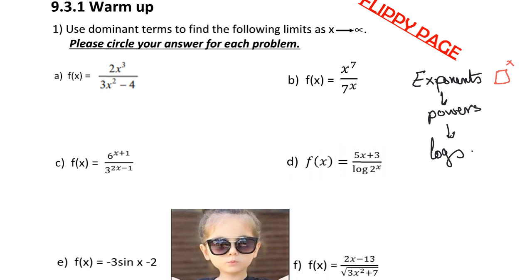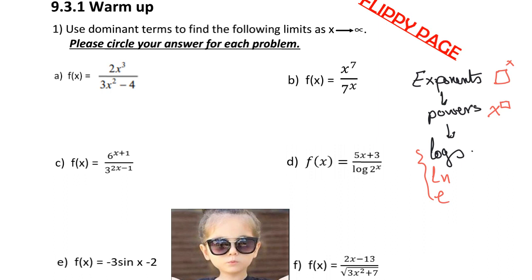The power will be x to the power of a number. So x to the power of 3, x to the power of 4, x to the power of 5, and again, x to the power of 10 will beat x to the power of 8. And then powers beat logs. It could be logs, natural logs, or ln of a number. All of these would be in the same category. So exponents beat powers, powers beat logs, and this is the main idea about how the limit will approach as x goes to